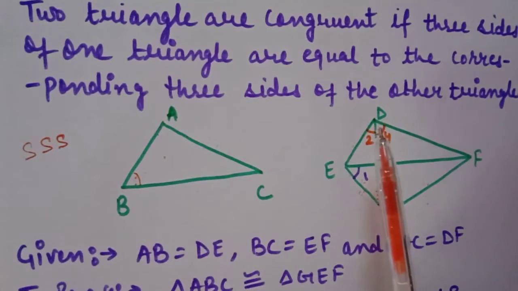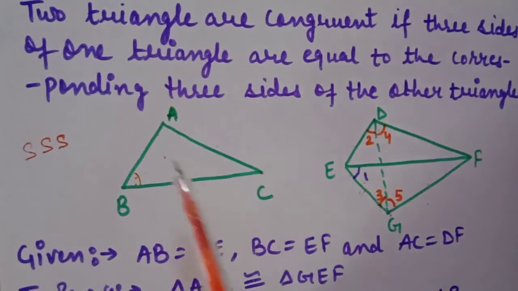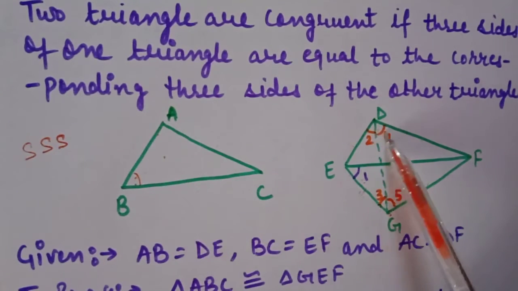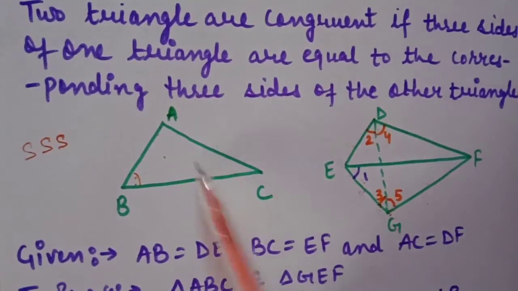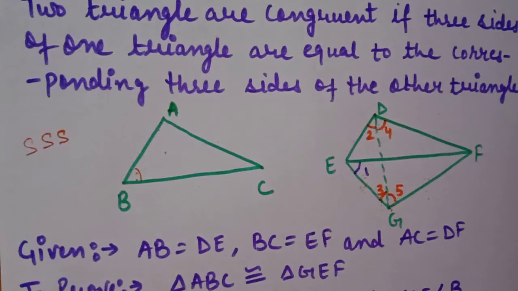Now we have one more element which is equal in these two triangles, which is not in given. So we will take AB is equal to DE, angle A and D are equal to each other, proved above, and AC is equal to DF, given. So both triangles by SAS are congruent to each other. So students, this is your theorem 7.4. Now some questions related to your exercise 7.2.